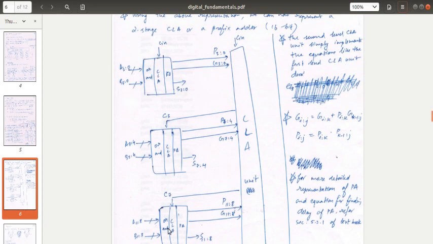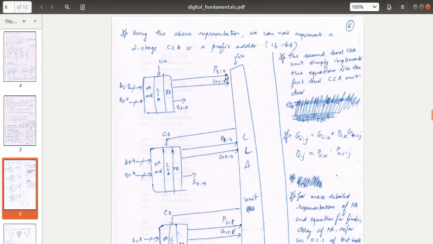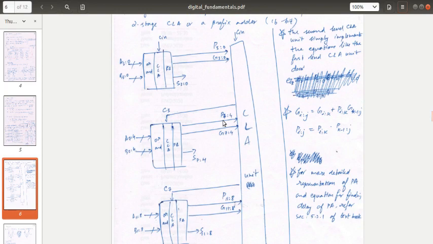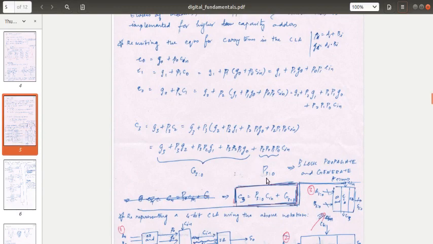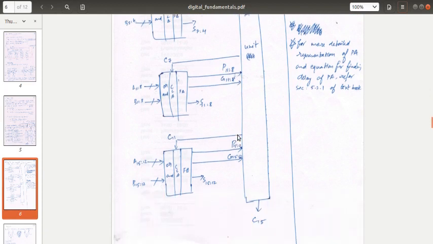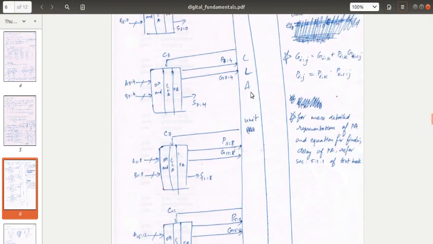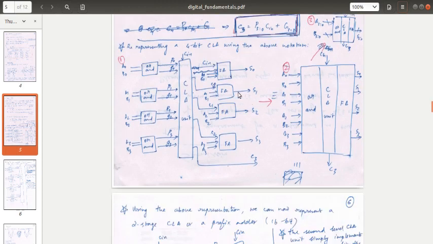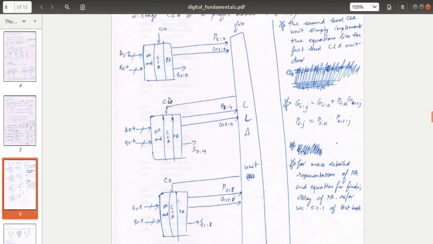So there will be 4 blocks of 4 bits each, and each block is generating a final P3 to P0, G3 to G0. That is a block generate and propagate term. Like here also P7 to P4, G7 to G4, like this. So each block is generating and giving those generate and propagate terms to the second level carry look ahead unit, and using similar logic, the second level carry look ahead unit will be generating the carry for the